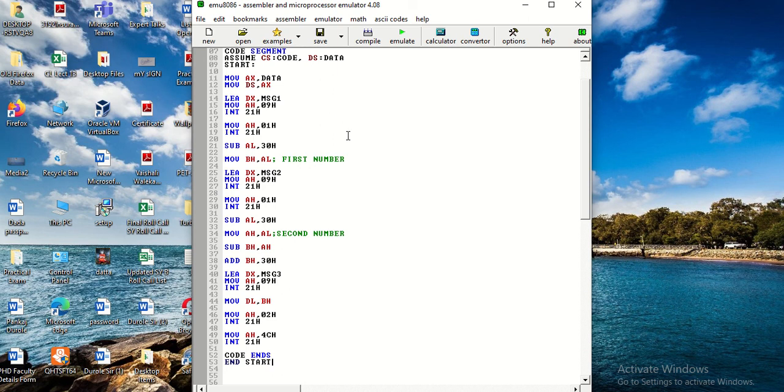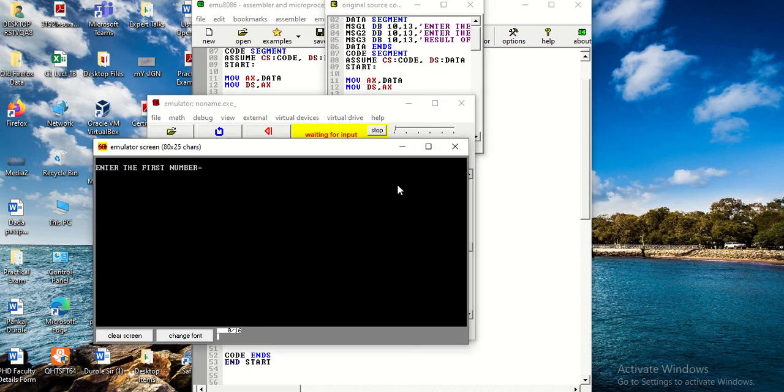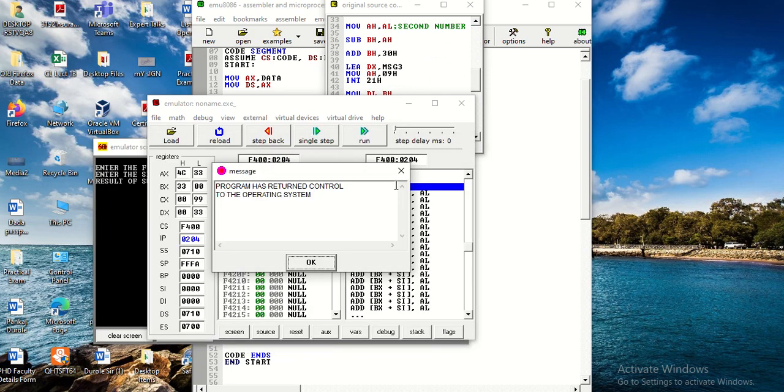And now I will compile this particular program and run it. So let's see what output we get. It's asking me to enter the first number, so I'm entering a number first, and now it is asking me for the second number.